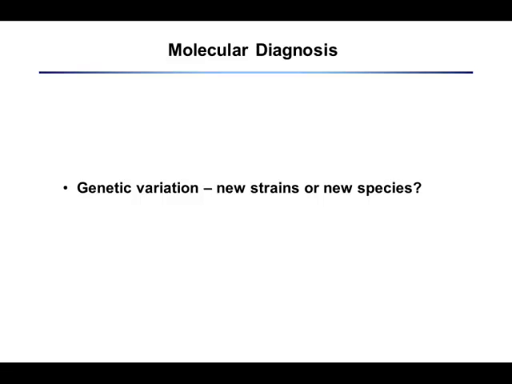So how do these strain or species variations, new species, correspond to detection? We need to design a primer that is not only specific, but in some other cases is also able to distinguish different genetic variation. So for molecular diagnosis,